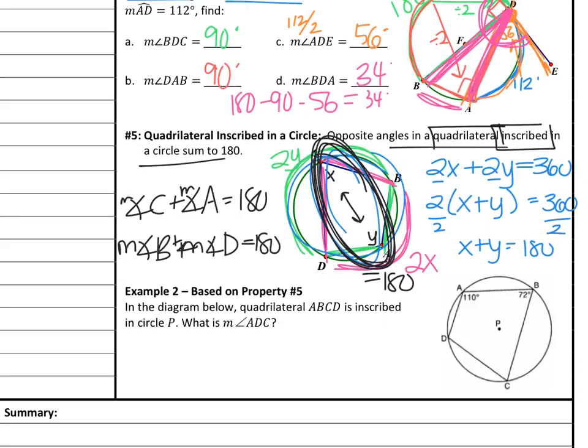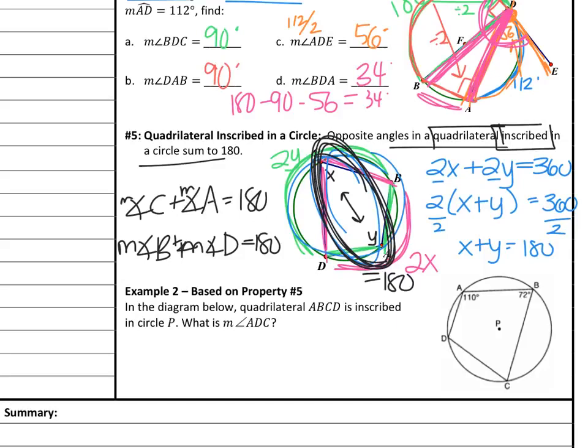So now we've got a quick example. It says that we've got this quadrilateral inscribed in a circle. So those are the 3 key words, quadrilateral inscribed in a circle. What's the measure of angle ADC? So here's my X. I could do the work and say, okay, this angle opens up here, that's 2X because I double it. This angle of 72 opens here, so I double it, 144. And then 2X and 144 make 360, yada, yada, yada. Or